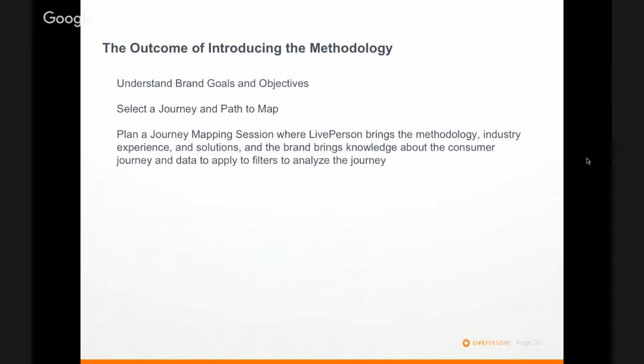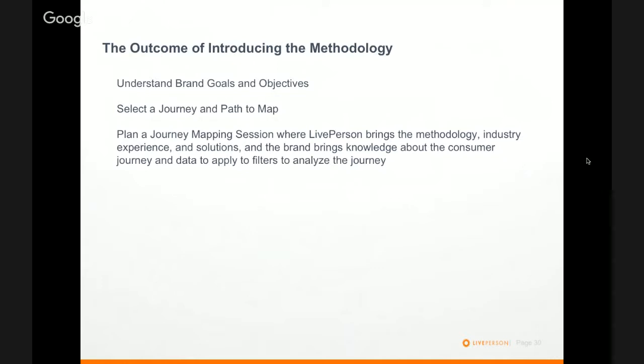Okay, so now that we've talked about how you can weave in the journey mapping methodology into the sales conversation and where you might have an opportunity to do that, let's talk about what happens after that. What are some of the next steps you can take using this methodology with the client? What expectations can you set with them about how you can use this methodology together to then map some target